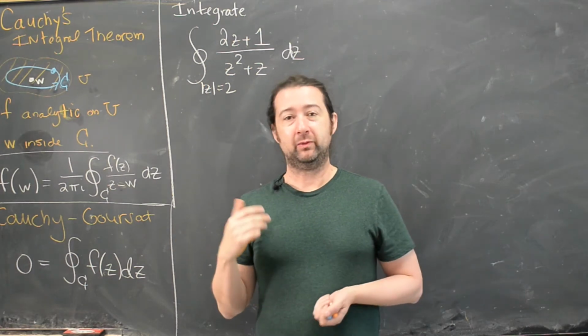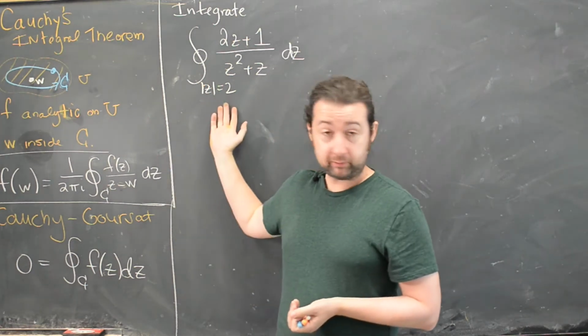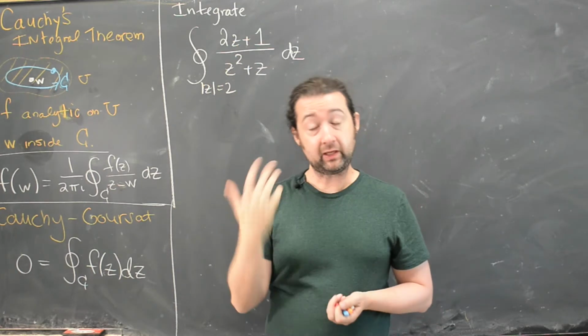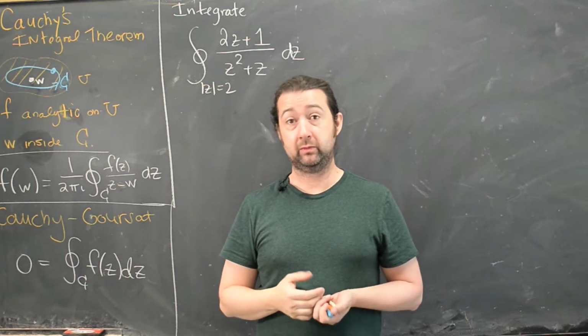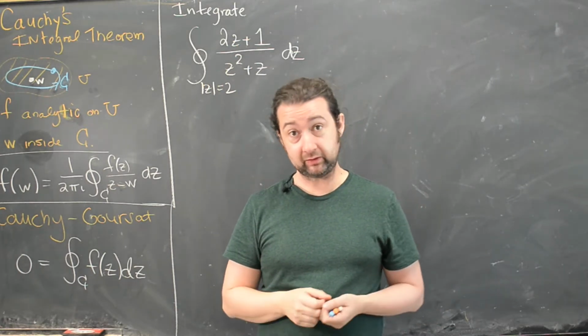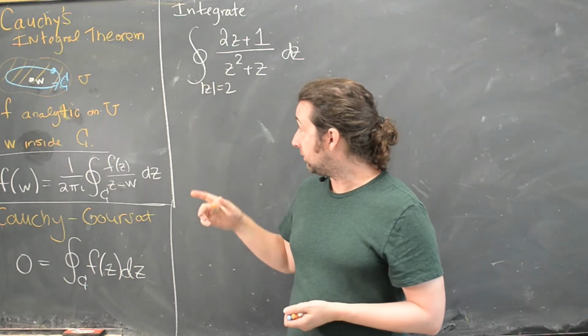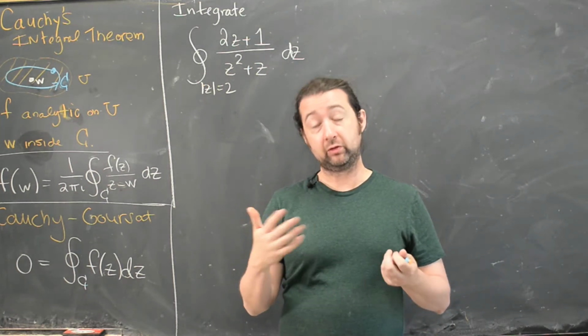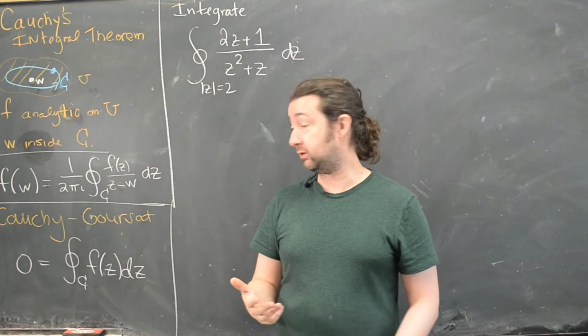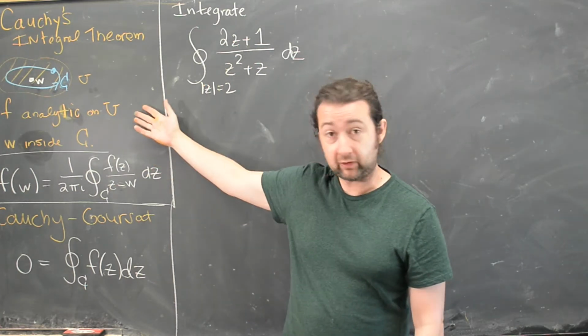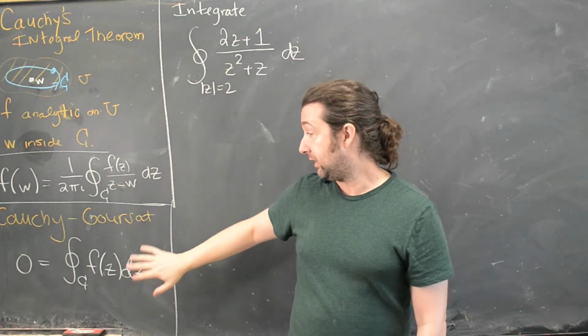Hi everyone. So what I'm talking about today is this example, an integral where we can't directly apply Cauchy's integral theorem in the way that we've done in the earlier easy examples. And I want to talk about the qualitative difference between those things, and then to show how we can come up with a method of solution that involves a mixture of a clever application of Cauchy's integral theorem and the